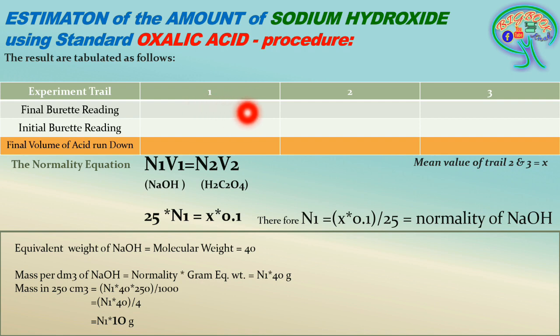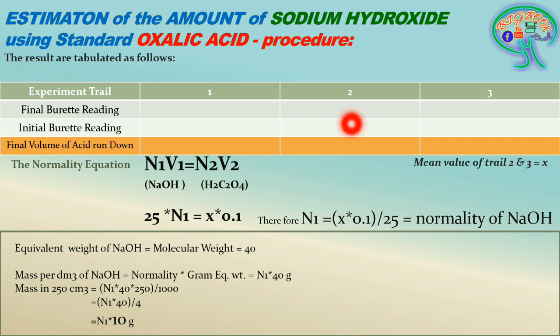So further, for the second trial also we are going to take the readings in the same manner, both initial and final, and third also initial and final. So here we are going to take second and the third into consideration. Sometimes in the labs or in the practicals we will take, out of these three, two readings. In some labs they will take the second and third reading itself, but in our labs, we have taken first, second and third, and we have considered the two readings out of the first, second and third which are quite near,